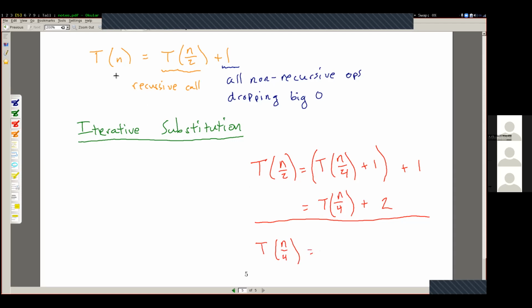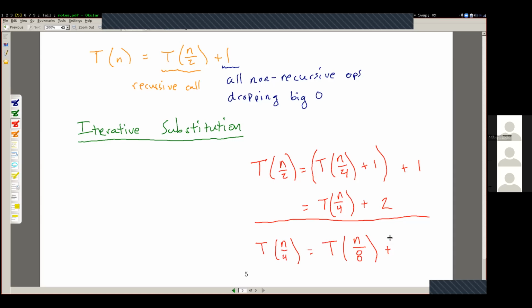If we substitute n over 4 right here, we get that that's equal to T of n over 8, n divided by 8. And then again, plus,